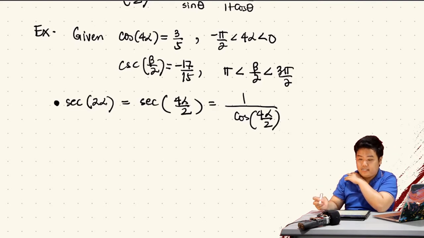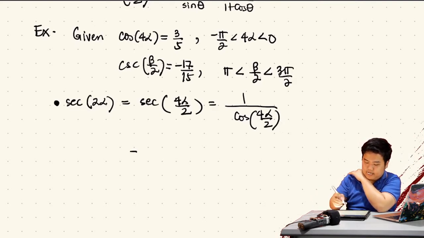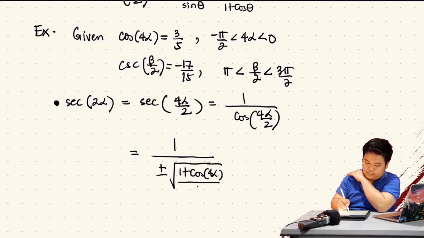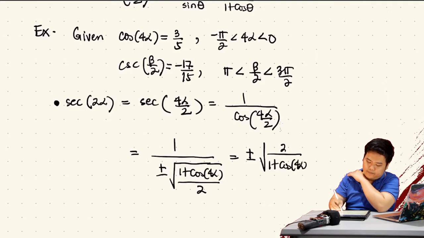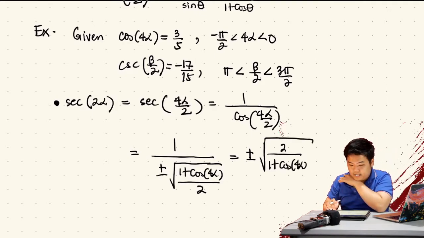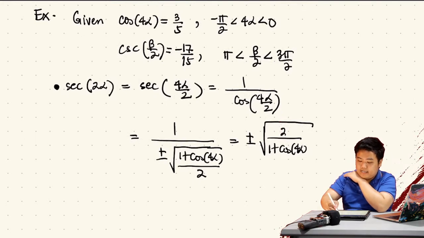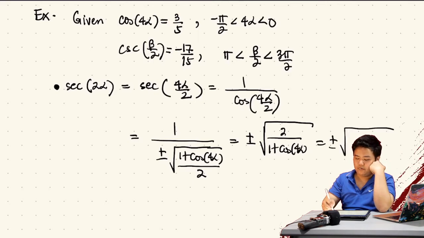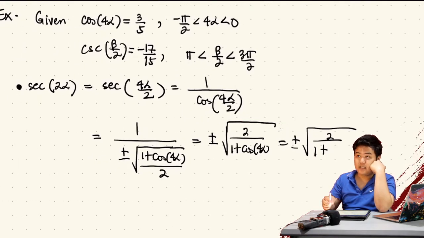At ano yung formula natin for cosine na half angle? Plus minus square root of 1 plus cosine theta, over 2. Our theta is 4 alpha all over 2. Or reciprocal na natin para hindi mahirapan: 2 over 1 plus cosine 4 alpha. Okay? Do we have cosine 4 alpha? Yes, this is cosine 4 alpha. So, it's plus minus square root of 2 over 1 plus